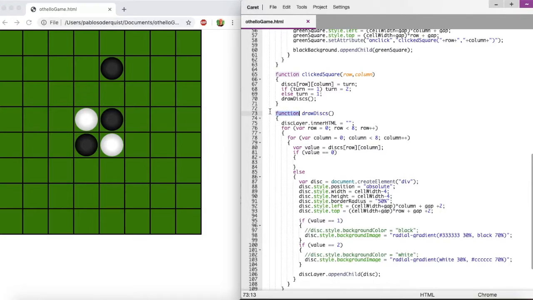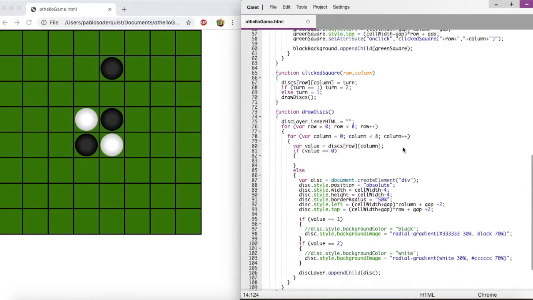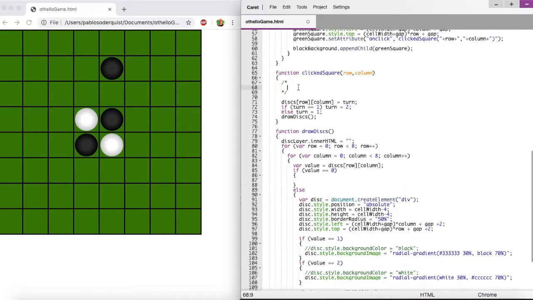No pun intended. And these functions are going to be doing some pretty complicated things, so we definitely want to design it first. Let's write out some more pseudocode for the click to square function. First, we want to make sure that the user is clicking somewhere where they're allowed to click. And if not, we want to ignore that click. So let's say if the user is allowed to click here,